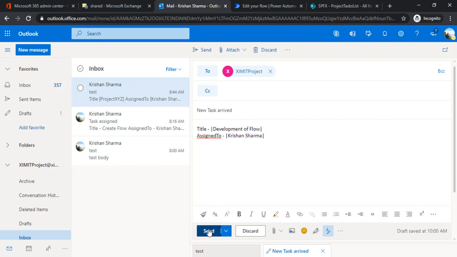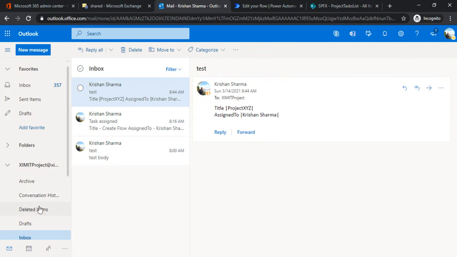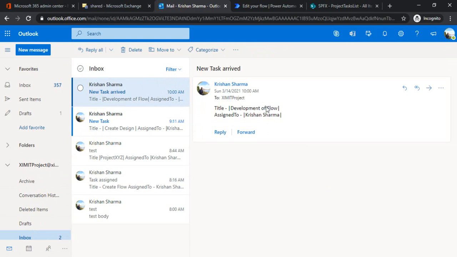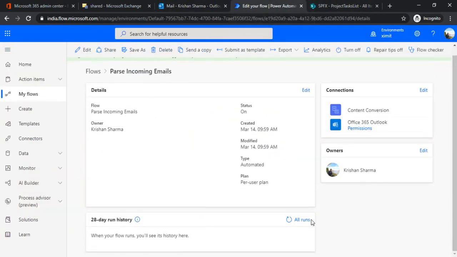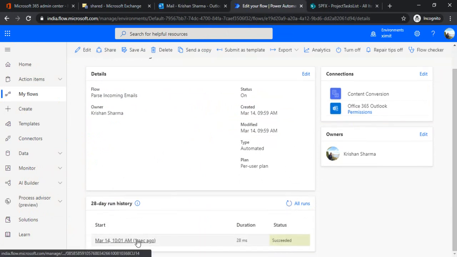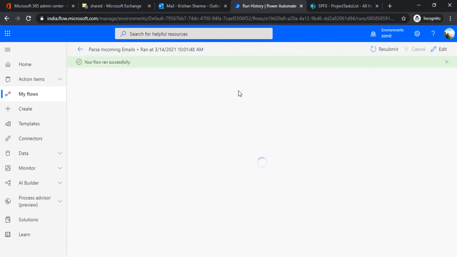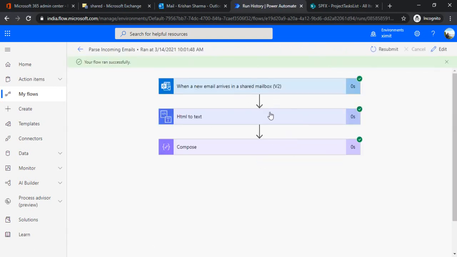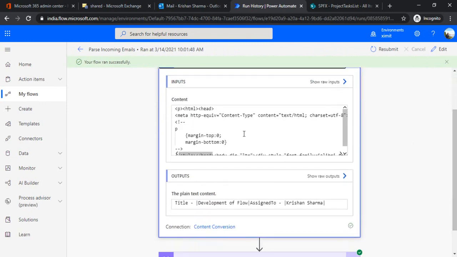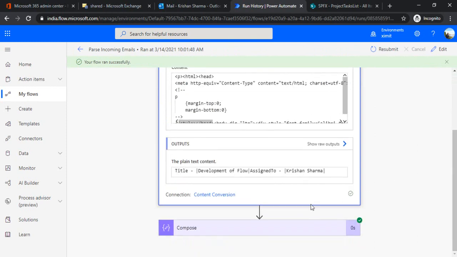Now when I save it, I'll go to my inbox. I got this task, and I'll go to my Power Automate to check whether it ran. Okay, so it ran. I'm going inside that flow. In the HTML text, you can see we got the HTML content, and we changed it to plain text.